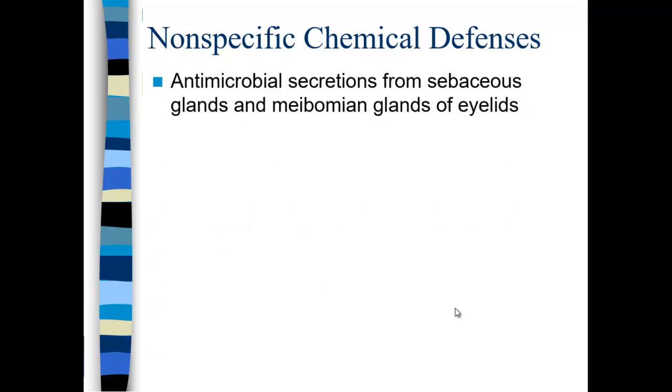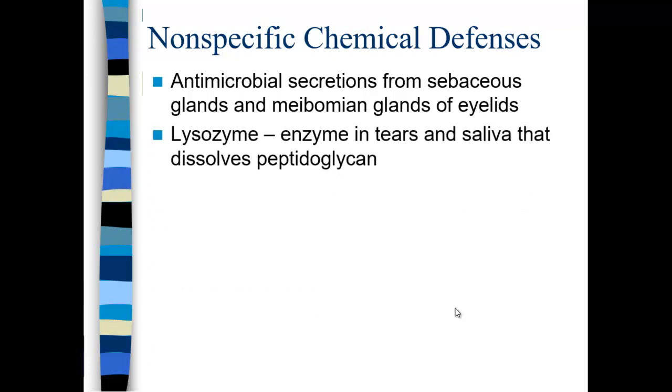There are also non-specific chemical defenses. Remember, in the first line of defense, we have physical barriers, chemical barriers, and then genetic components. And this is a part of the chemical barriers. This includes antimicrobial secretions from sebaceous glands and meibomian glands in the eyelids. Includes lysozyme. This is an enzyme, like I said before, in the tears and the saliva that can dissolve peptidoglycan